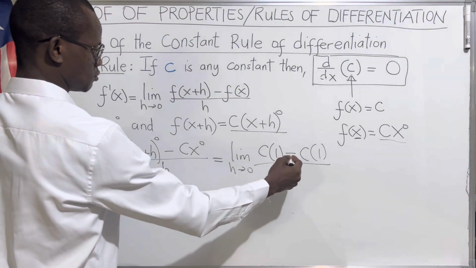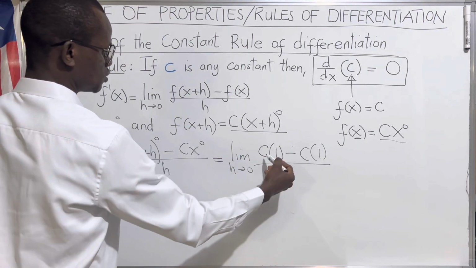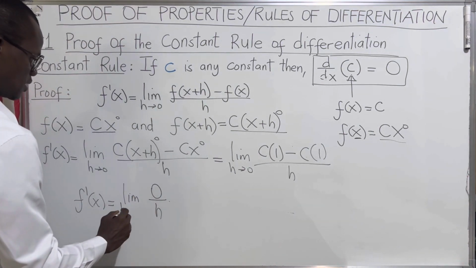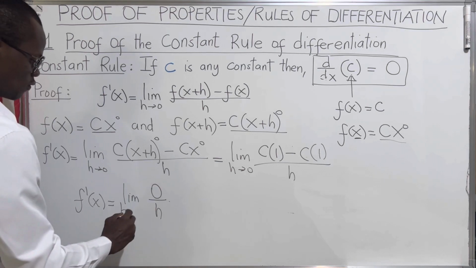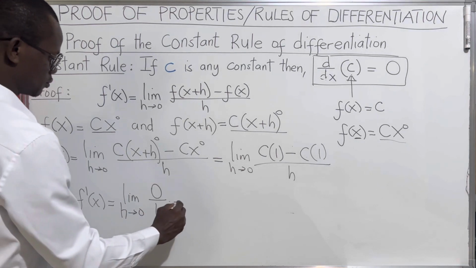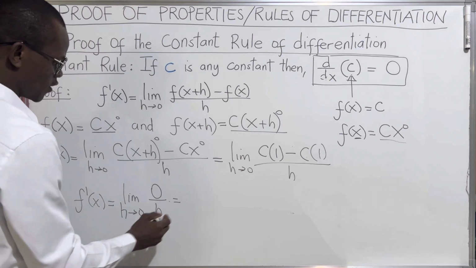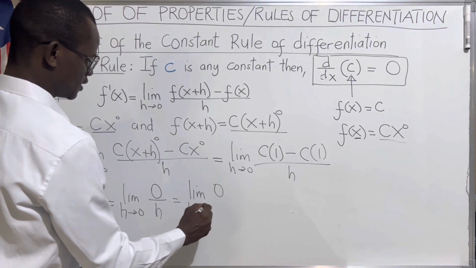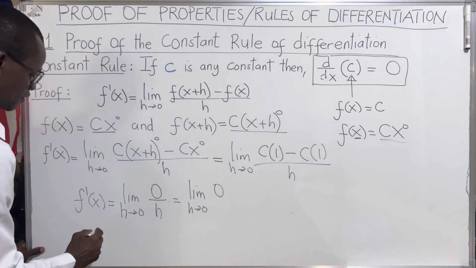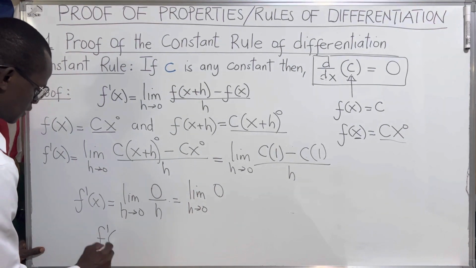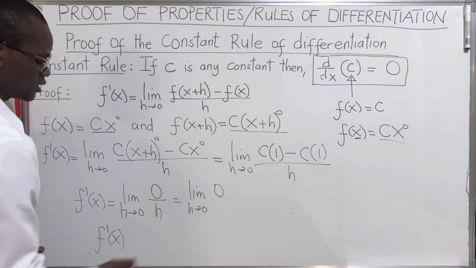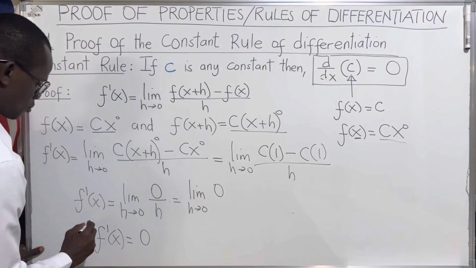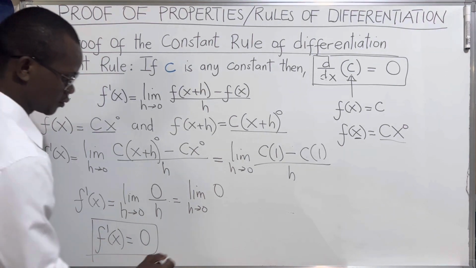So we clearly see that f prime of x is just equal to the limit. C times 1 is just c. So c minus c is 0, all over h. The limit of 0 over h as h approaches 0 is just equal to the limit of 0. And since 0 is a constant, we know that from limits, the limit of a constant is equal to the constant. So we have f prime of x is equal to 0. Thus,